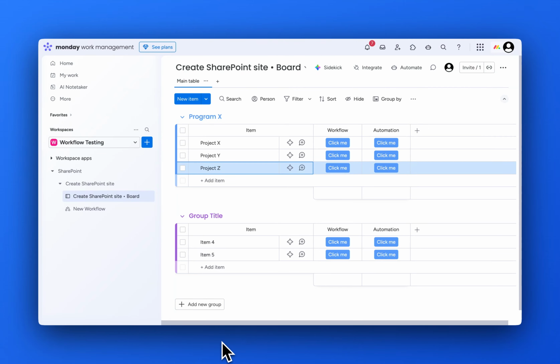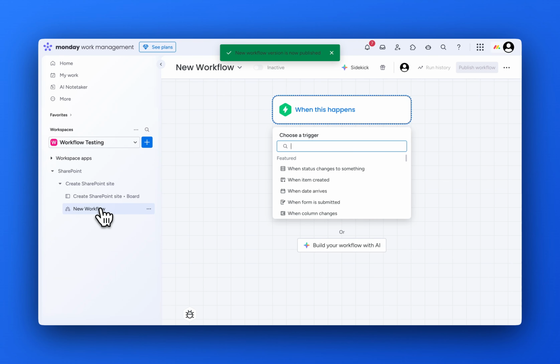Hi, here's an automation that allows you to create a new SharePoint site whenever something happens to an item within Monday.com. So we can see we have a board here, and we've got a button for triggering workflows and a button for triggering automations. So the first thing we're going to do is hook up this workflow button to a workflow. So we're going to say when button is clicked,